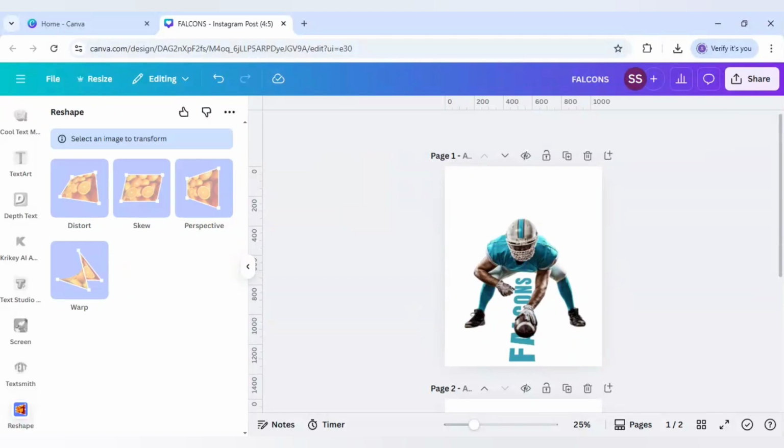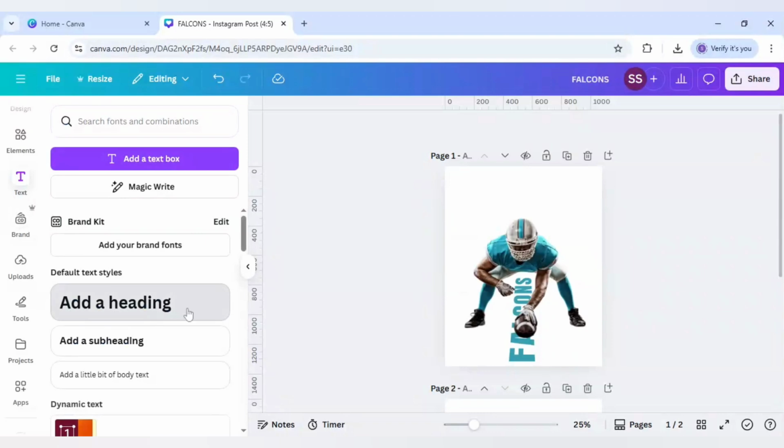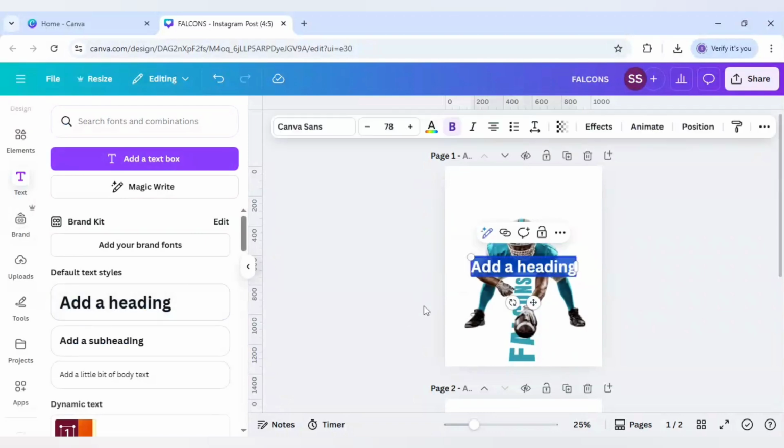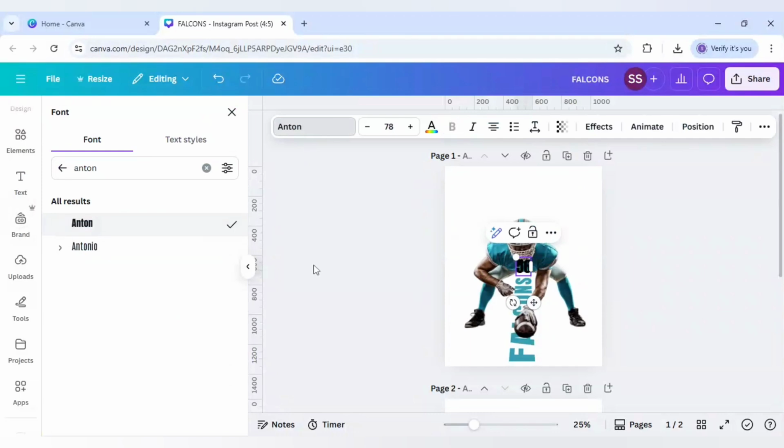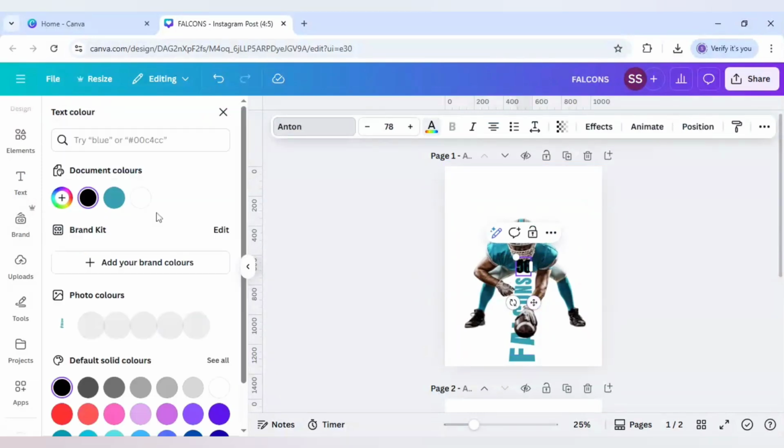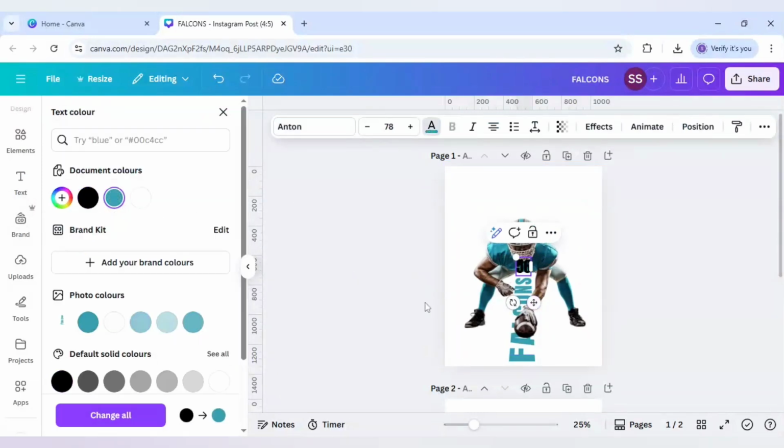Okay, and after that it's time to use the text again. For the player number, I am using the number as 56. Okay, and I will use the same font Anton. Okay, and I will use the same text color,